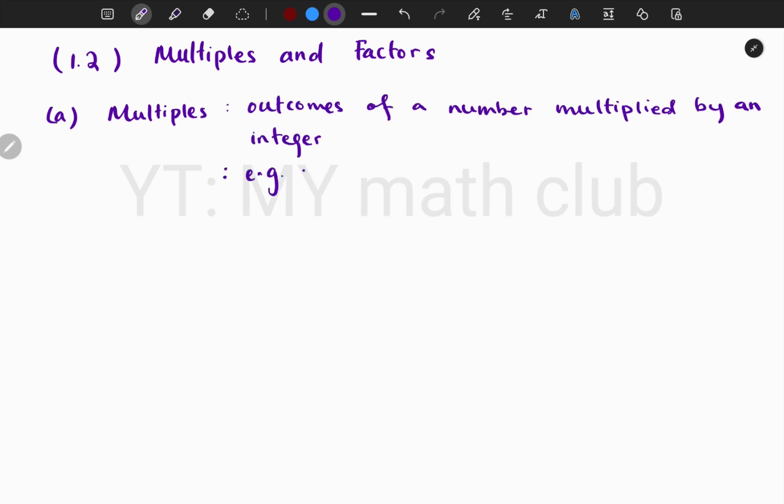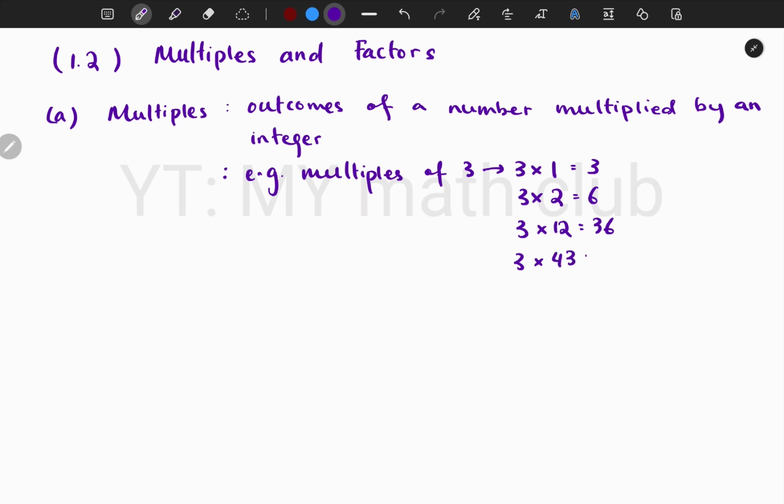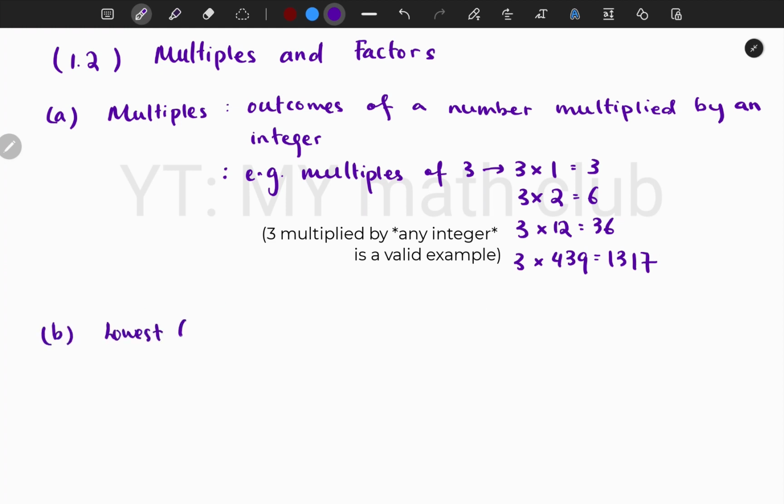So for example, if we want to find the multiples of 3, we would take 3 multiplied by 1, we get 3. 3 multiplied by 2, we get 6. 3 multiplied by 12, we get 36. 3 multiplied by 439, we get 1,317. Okay, so on top of multiples, what you would most commonly hear is the next term is lowest common